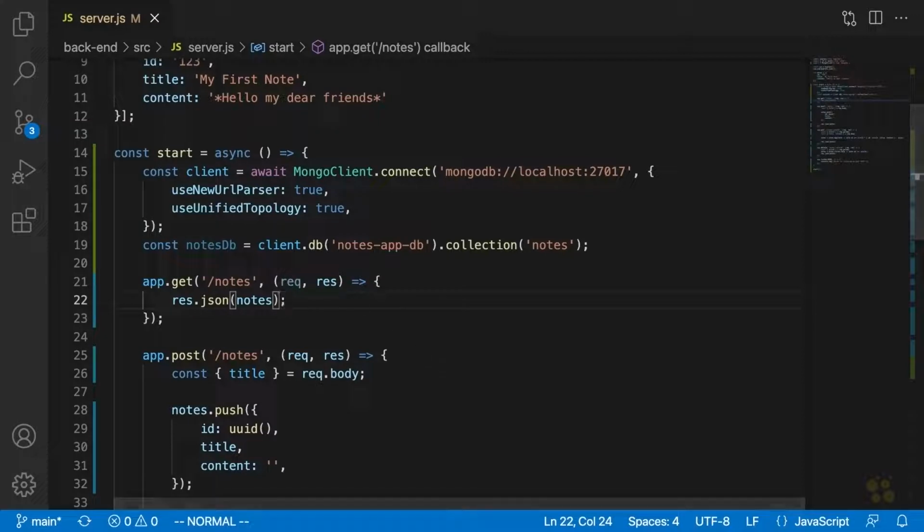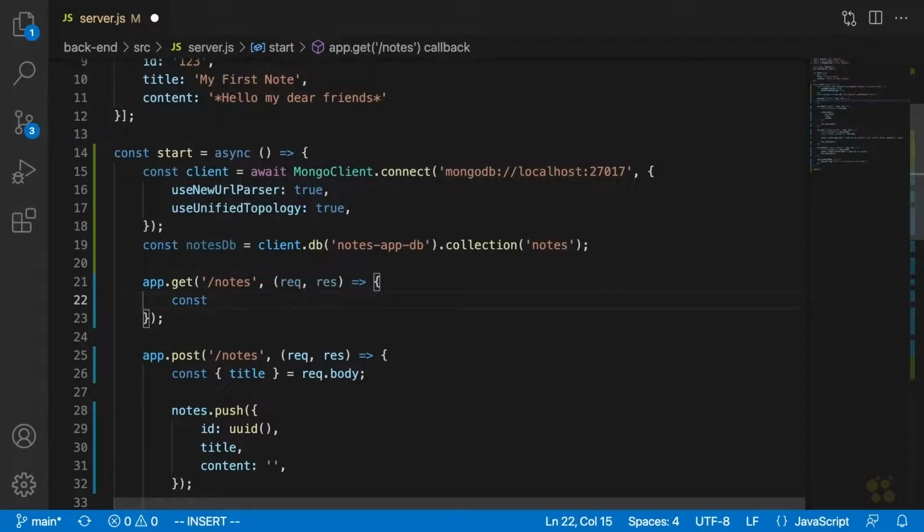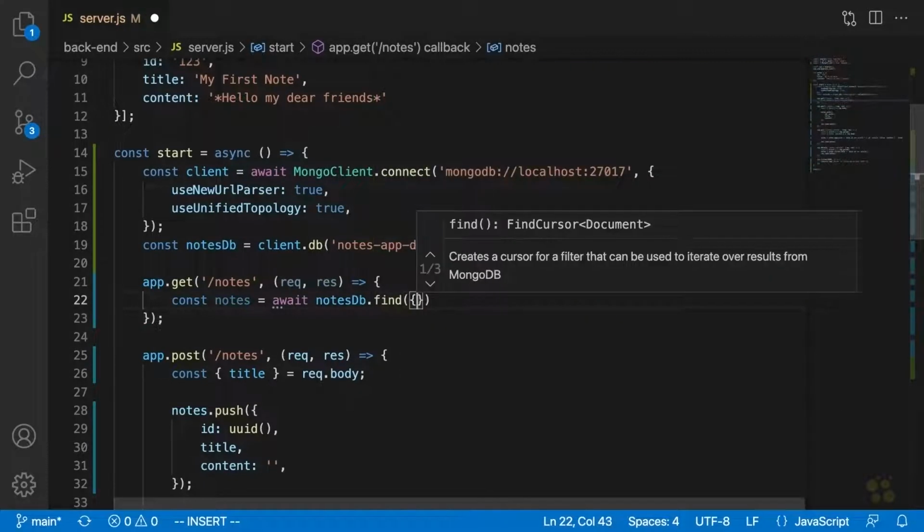All right, so starting off with the get route here, the one for returning all of the notes, you might remember the MongoDB query for this. It's going to look a little bit different now that we have this NotesDB thing, but other than that, it will be almost exactly the same as you've seen. What we're going to do is get all of the notes from our notes collection, and to do that, we can just say const notes equals await notesDB.find, and we're going to pass an empty object as the argument here, signifying that we want all of the